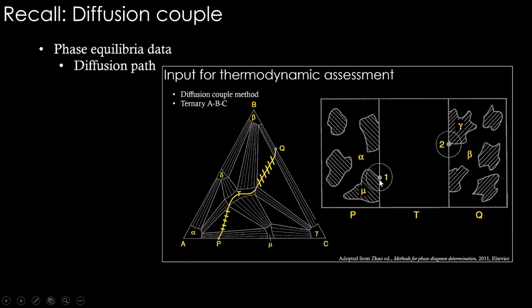And measuring composition there would be difficult, but that's what gives you the tie triangle information. We have discussed this in one of the previous classes. And this thing from P to Q, the line that goes here, is the diffusion path. We can track the diffusion path as well experimentally. Now in this class what we will do is we will find a diffusion couple where after a certain amount of diffusion, this diffusion path we can get and compare it with the experiments. Okay.